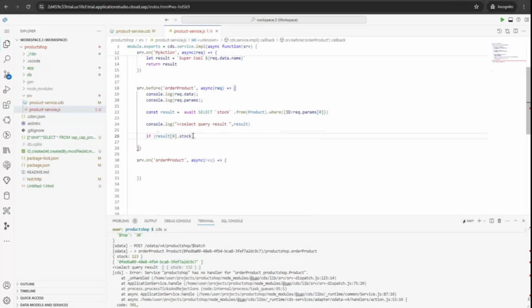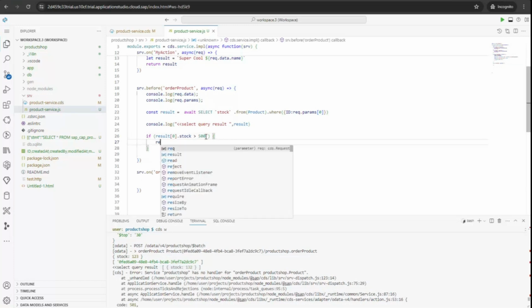Now if this is greater than, how many should I do? Ideally, the best way is to keep it as 500 only. So if the result of stock is greater than 500, then